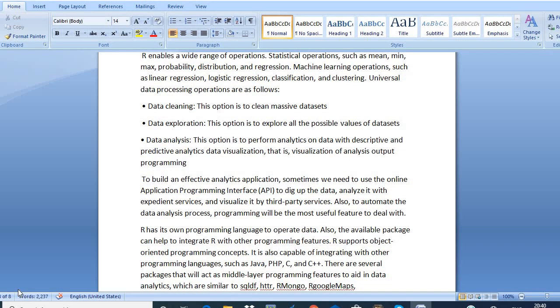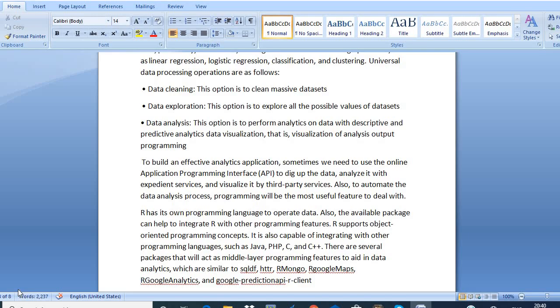To build an effective analytic application, we need to use an Online Application Programming Interface (API). And also, we can visualize it by using third-party services. R has its own programming language to operate on data. Also, the available packages can help to integrate R with other programming features.